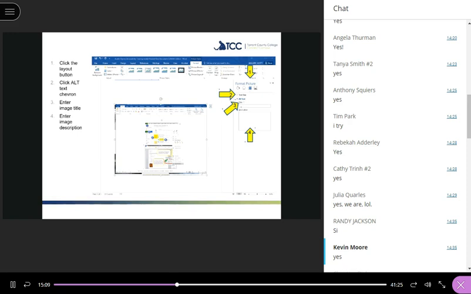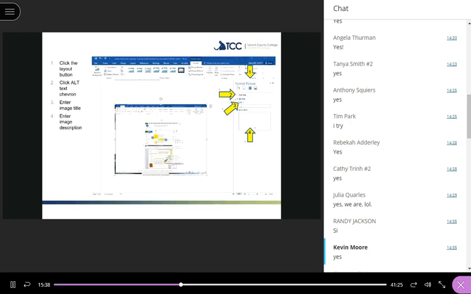But then the important part, and Austin, if you don't mind speaking to this, is the description. The majority of the non-disabled students are not going to see that, but anybody with a screen reader, whatever you put in there is what they're going to get. If you're giving a description of like a bowl of fruit on a table,